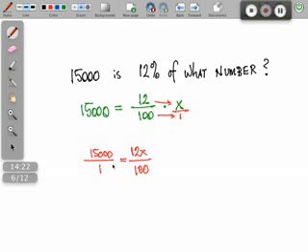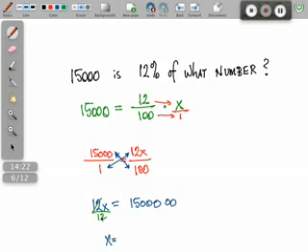Why do I do that? So that I can cross multiply. And when I cross multiply, I get 12x on one side, and I get 15,000 times 100, which means add 2 zeros. And then to get x alone, I need to divide both sides by 12. Let's see here, we'll do a division by 12 there, and a division by 12 there, and I get 15,000 with 2 zeros, divide by 12, gives me